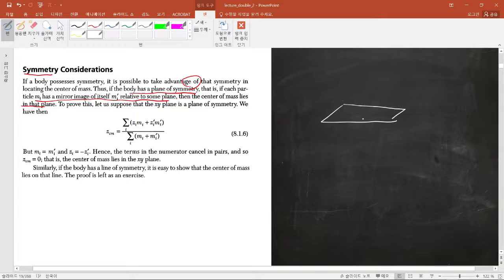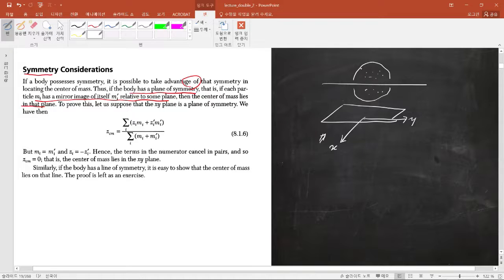Let's call it, for convenience, x y. So what does it mean that the object has some symmetry? It means that suppose I have this x line here. This is a plane of x in this direction. So you have some object here, and this planar symmetry guarantees that in the opposite portion you have exactly the